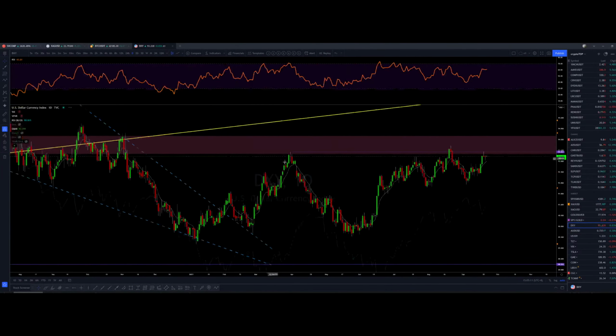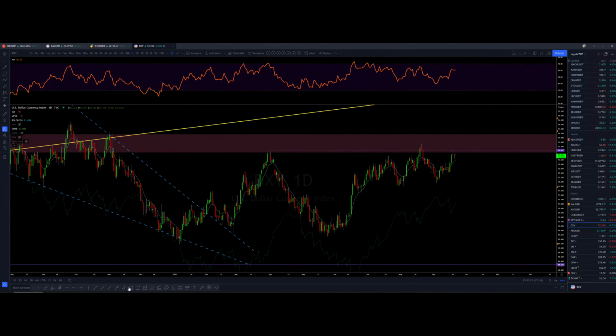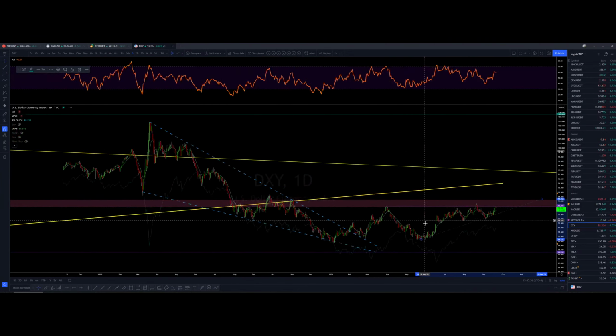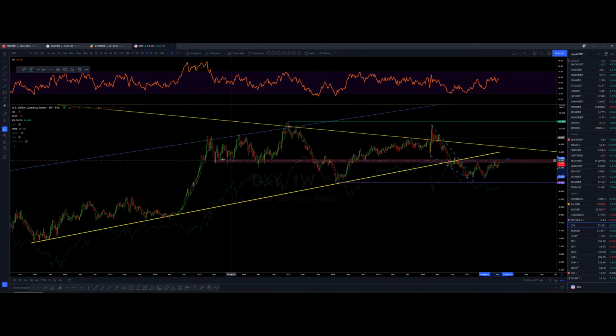If we look at the dollar, the dollar is about to break out. If we get a nice FOMC for the dollar, because you know the dollar is going up because they're talking about tapering, and they've already started the tapering of the printing money. That's why the market is repricing. The market is pricing in that there's going to be less printing. So the dollar's going up, everything else going down.